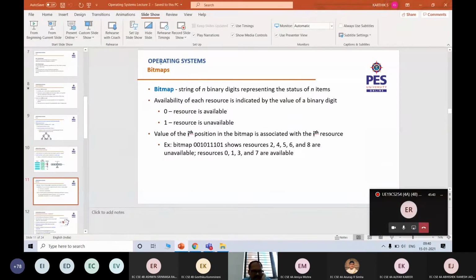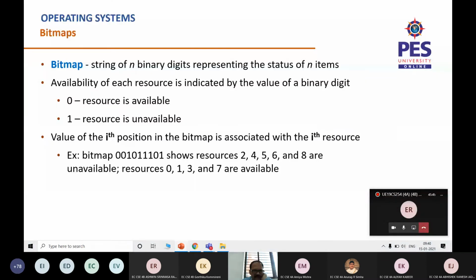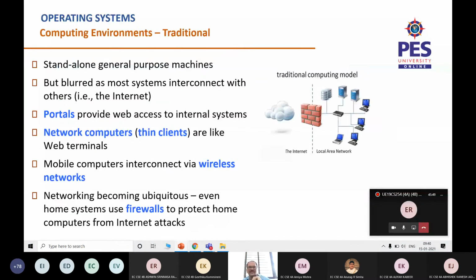Right, let us proceed further. The second part of it is about the data structures which will be used in the kernel, and second is the environment wherein the operating system is basically going to be used. So let us start with the traditional environment wherein a standalone system is used as a general purpose